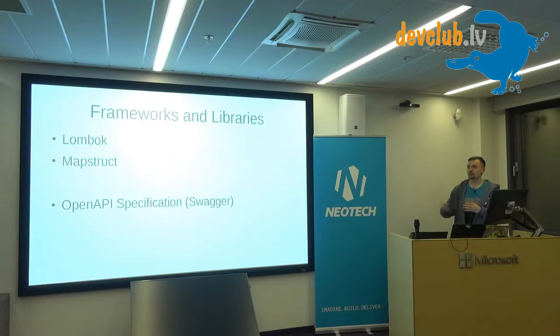And then the OpenAPI specification. Earlier it was known as Swagger, now it has a bit different name, but it was standardized. So this is basically the API definition. I'm pretty sure that everyone who uses Spring saw it and uses it. Basically, first of all, it allows you to create contracts from your code. So you have a controller, and now it automatically generates the definition, so we can give it to anyone else, and anyone else can use your API. And then it also has some beautiful UIs to click around and see how the API works.